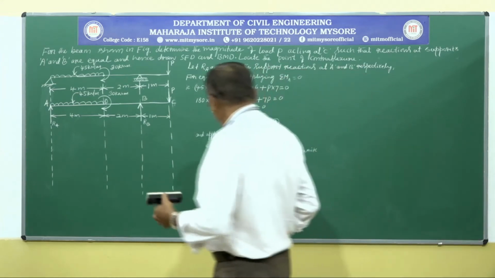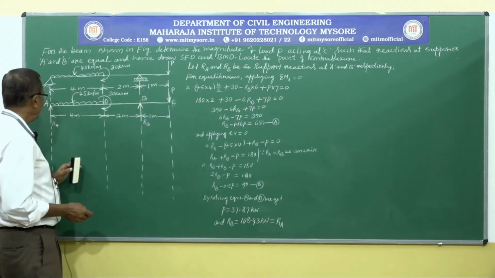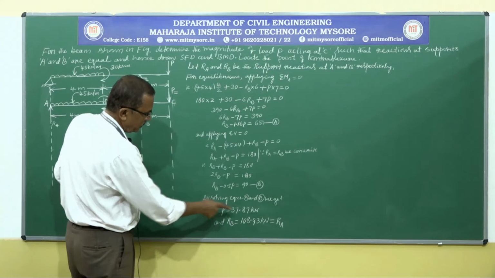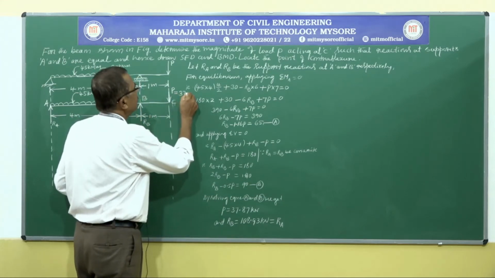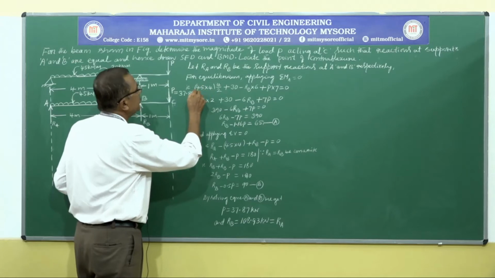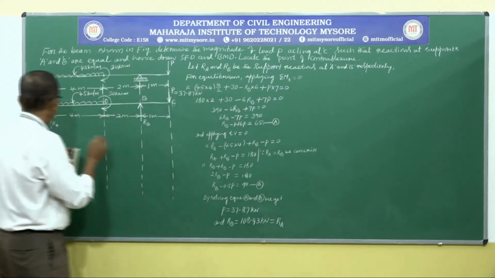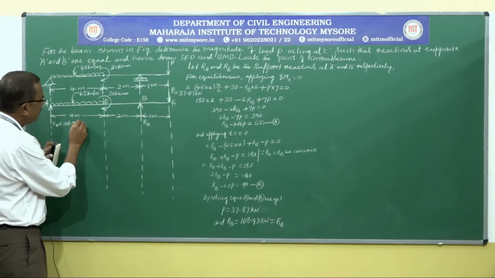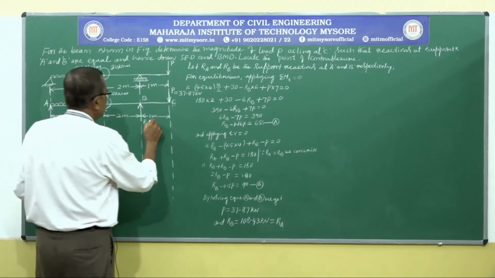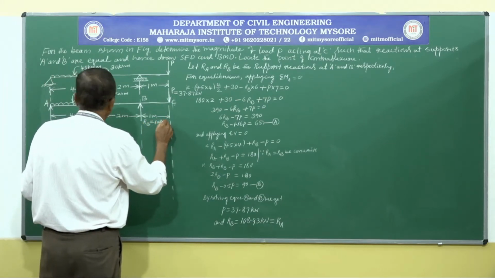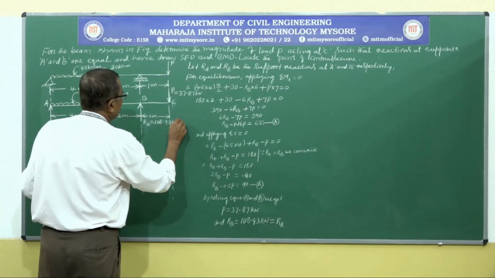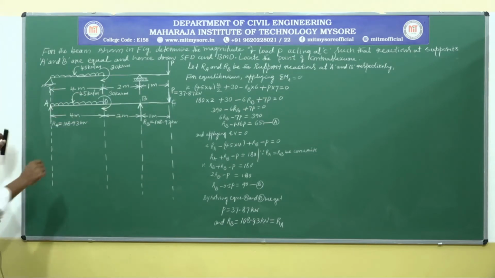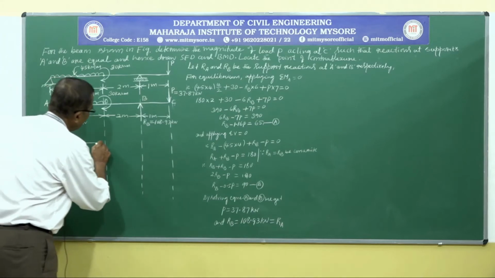So now let us paste these values of P, RA, RB to the loading diagram. P is equal to 37.87 kilonewton. RA is equal to 108.93 kilonewton. RB is also the same, it is 108.93 kilonewton. So we are at this complete loading diagram. Let us quickly draw the shear force diagram by using this loading diagram.